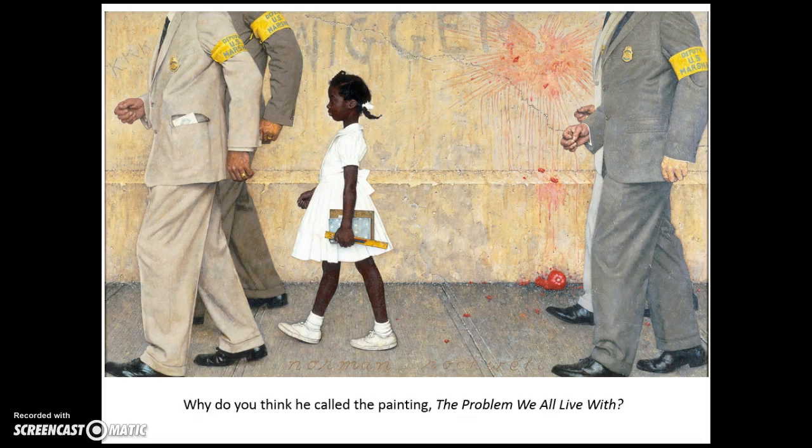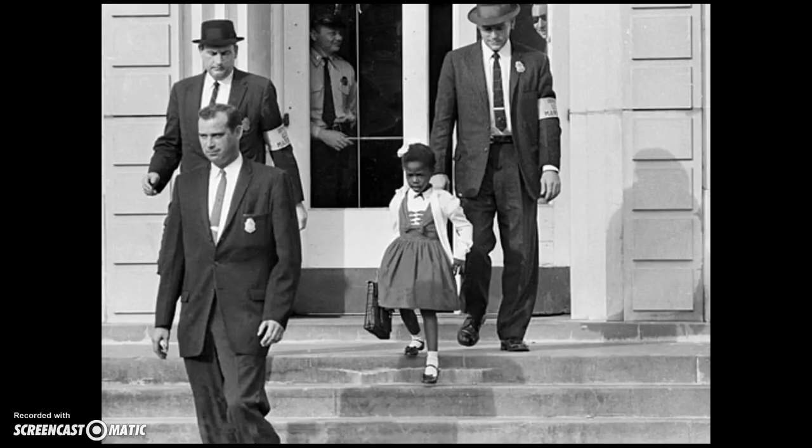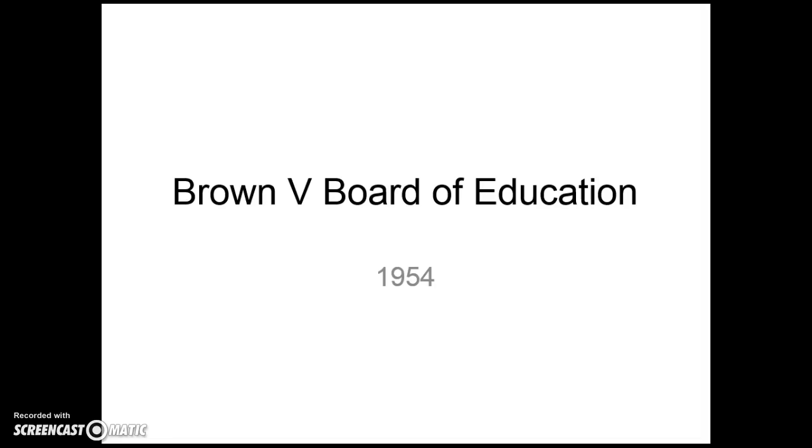Okay, now that you're back, we're going to jump forward and talk about that painting. It's painted after a girl named Ruby Bridges, who was an elementary student and was the first student to ever go to an all-white school in New Orleans. It was 10 years after the Brown versus Board decision that we're going to talk about right now. Here she is being escorted to and from school with U.S. Marshals helping her to make sure that the school gets integrated. And like I said, it's 10 years after this court case, so it took a long time for this court case to actually go into effect. We'll talk about it in just a moment.